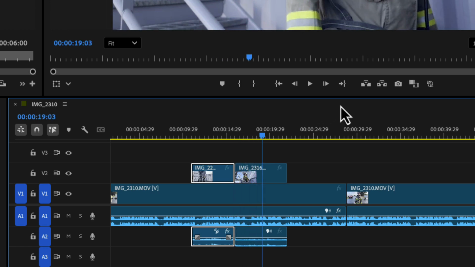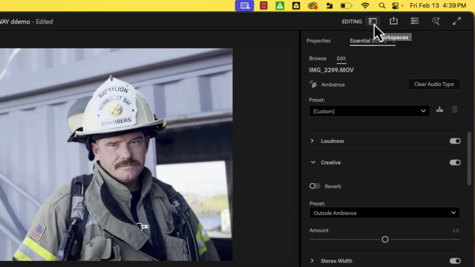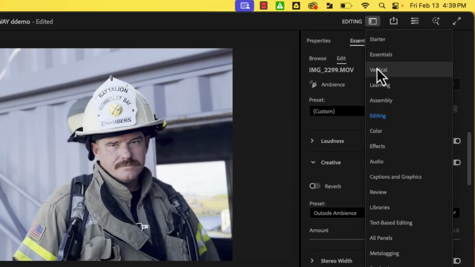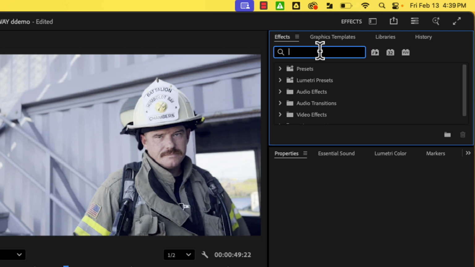That was one that we already adjusted in class, so we're going to call that one good. Next, we're going to add a transition between those two cutaways. So to add a transition between our two cutaway clips, we need to switch our workspace from editing to effects. So we're going to scroll down to effects, and I'm just going to type in dip to black